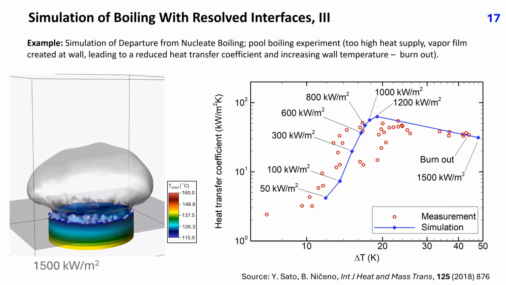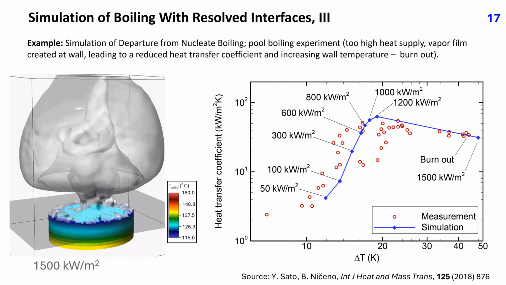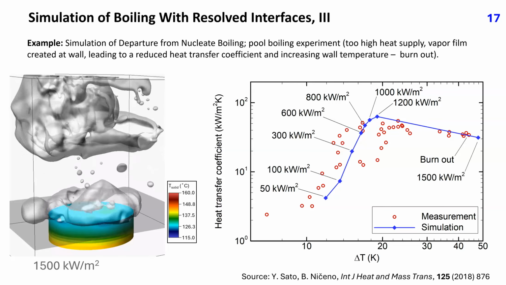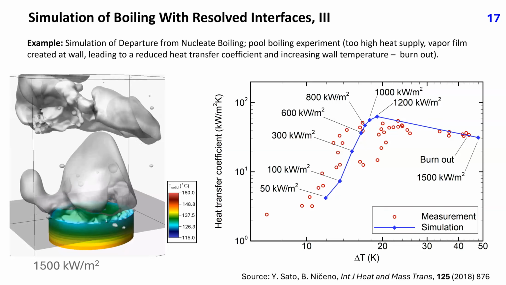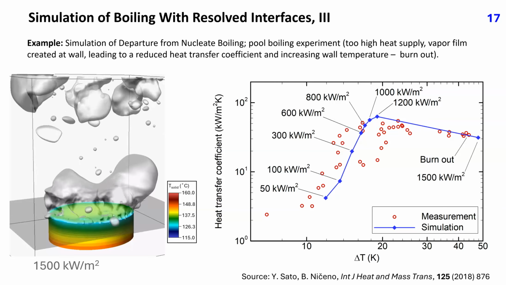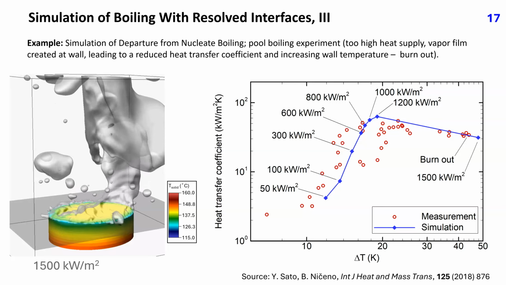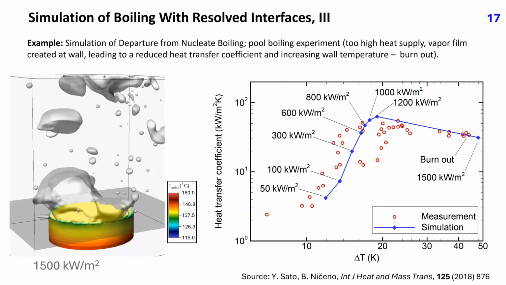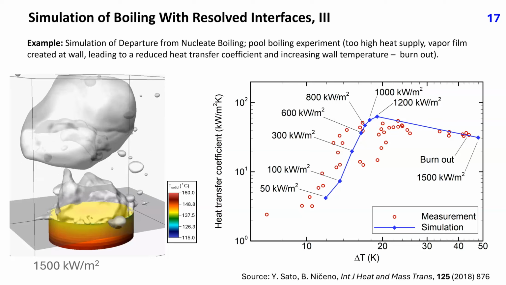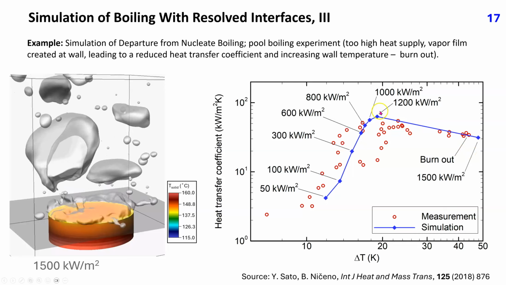At the boundary flux of 1500 kW per square meter, all nucleation sites are active. The temperature in the copper block increases, and after some time the whole solid-fluid interface is covered by a film of vapor. The boiling process transitions from nucleate boiling to film boiling, with evaporation taking place at the interface between vapor film and liquid. The evaporation rate reduces compared to the case of nucleate boiling, with many bubbles growing and departing, and with it also the heat transfer rate from solid to liquid. The heat transfer coefficient drops to about half of the value at the boundary heat flux of 1200 kW per